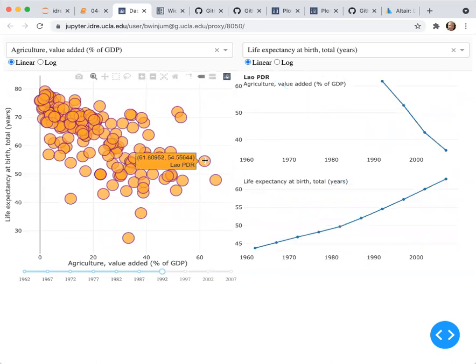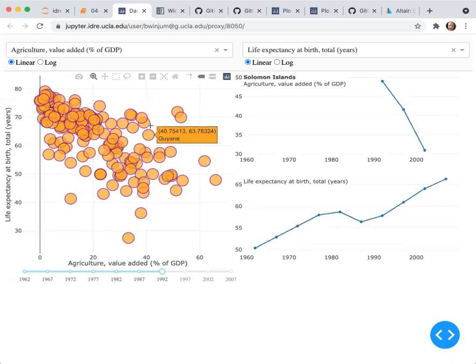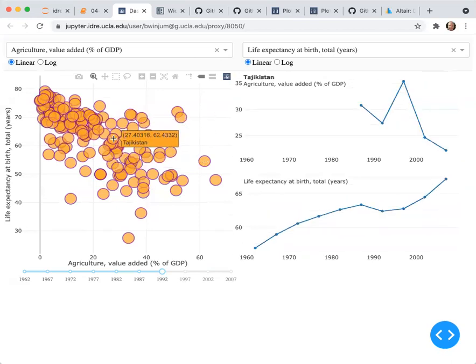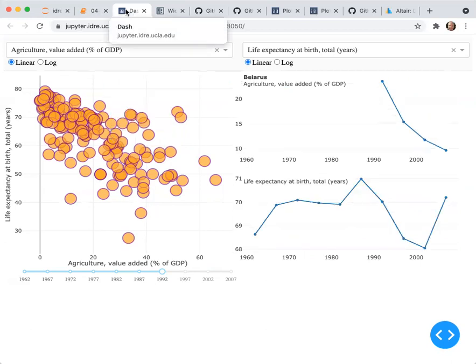The tooltip here is not only telling you what those values are, it's altering what's plotted on the right. So there's quite a lot of interactivity built into this dashboard. If you're interested in dashboards with Python, definitely worth exploring this in much more detail later.